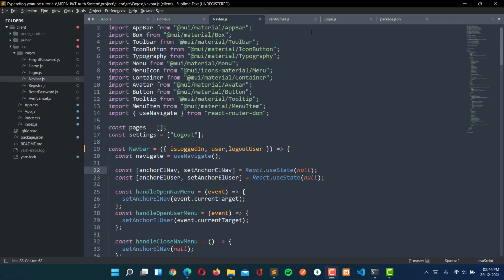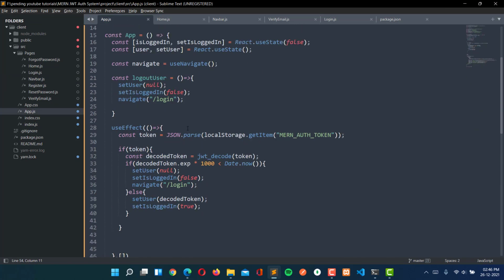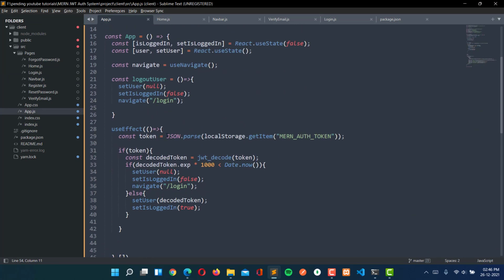So now it is compiled successfully, and also we have to do one thing in here. So here we have to remove the token also. So here I'm going to write this, copy this, and here we will remove the token also. So here will be localStorage, here will be remove item. So remove item, so we will remove the token as well.